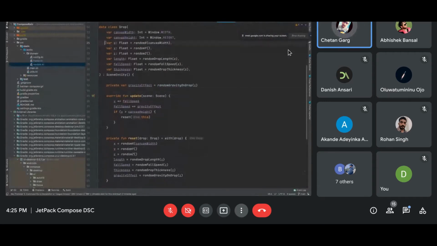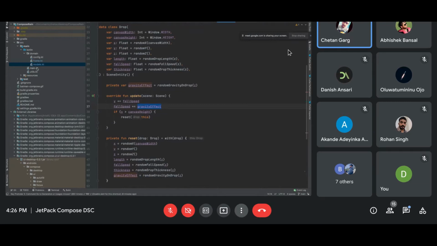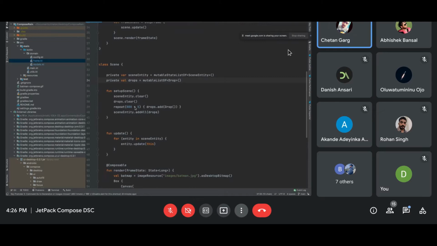So there is nothing changed in that. I again have my XYZ axis, but now my Z is not pointing to that depth. Now it is a factor which tells my fall speed. I'm using this factor to generate a random gravity acceleration, and I am adding that acceleration on every pass of the update function. Okay, so just let me again go through and tell you how I have drawn that UI. Just give me a second for that. My system is hanging.